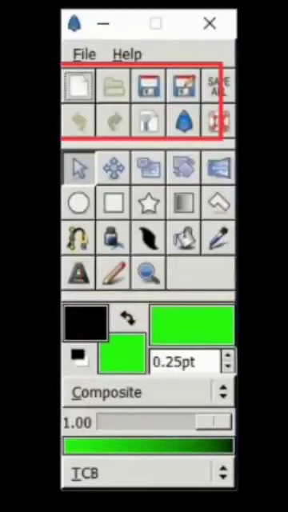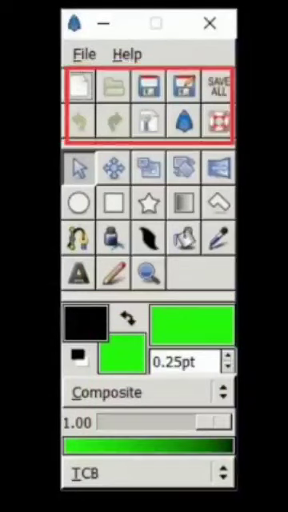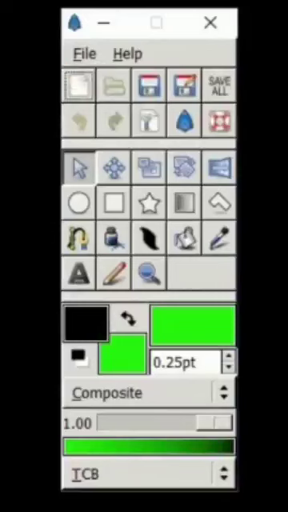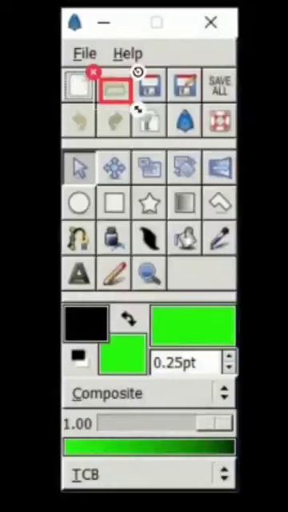And it consists of 10 options. First option is new. New option is used to create a new file. Then the second option is open. To open an already existing file, we are using the option open.